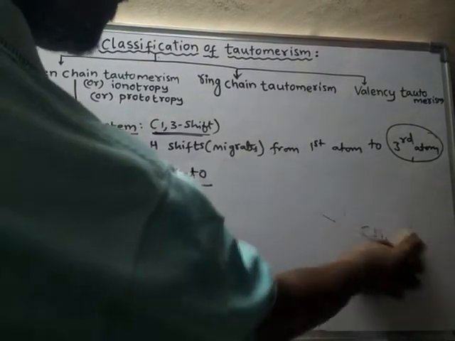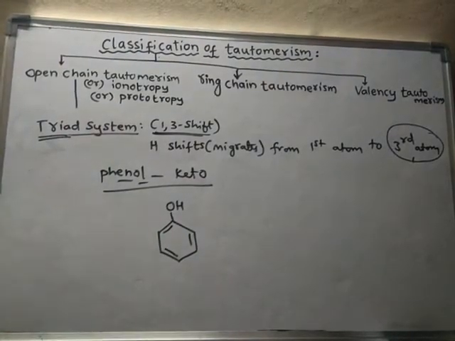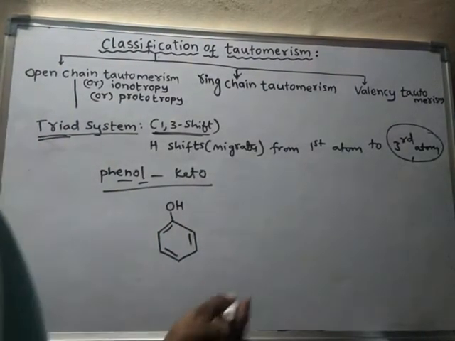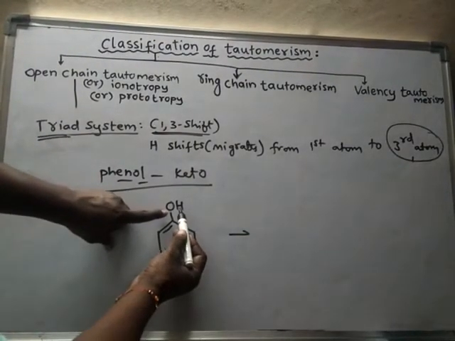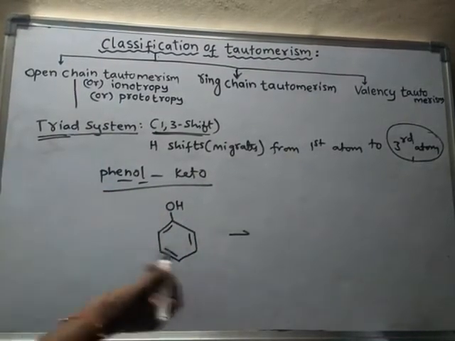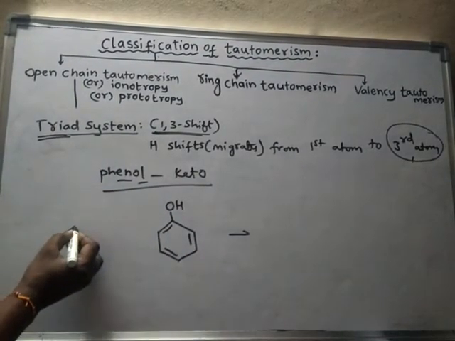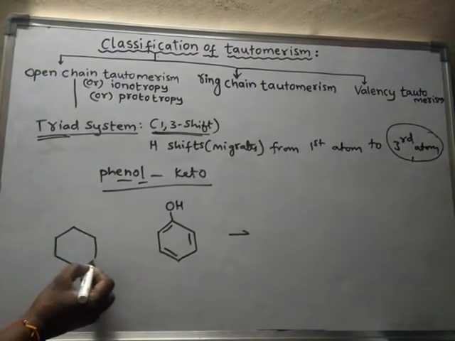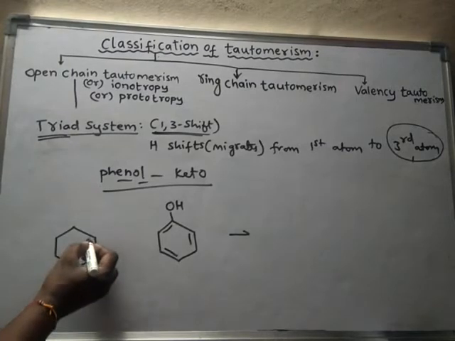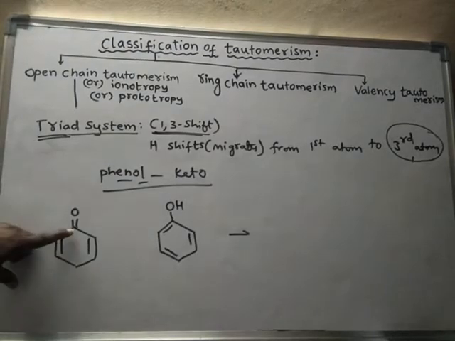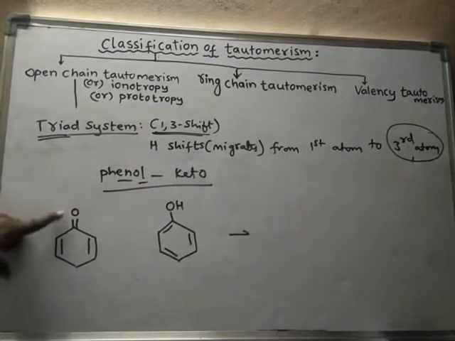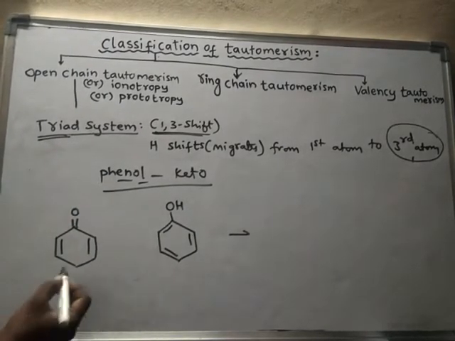Okay, right. Phenol. See, this phenol will convert into it. See this hydrogen. Actually, I will draw another structure. So this is the actual structure. This is the keto form, because the carbon has a double bond with oxygen. So here this is called the keto form. And here there are two hydrogen atoms.